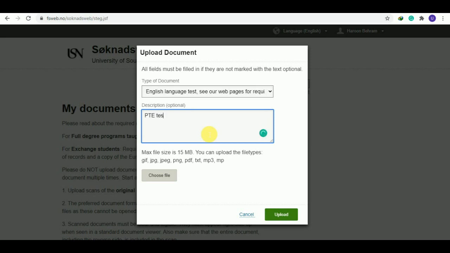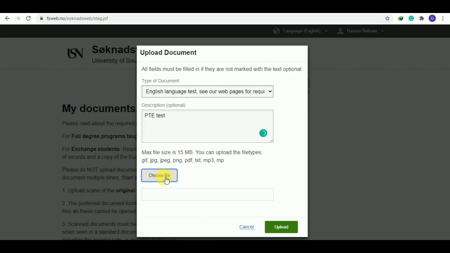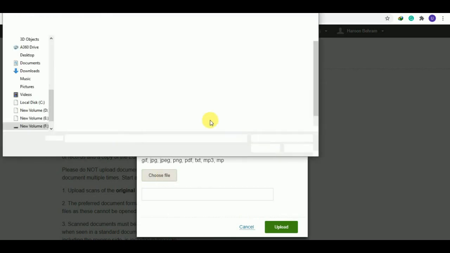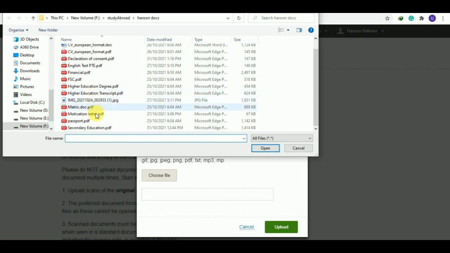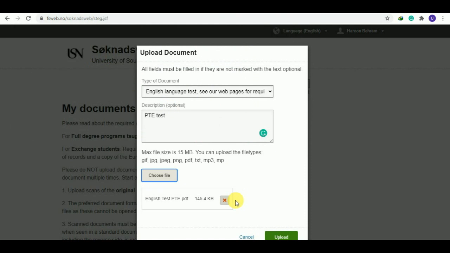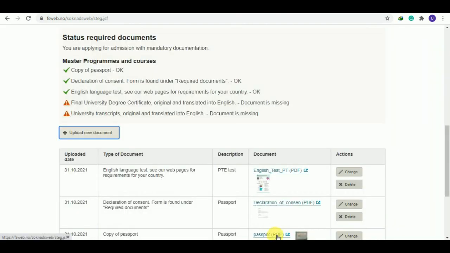Okay, and choose file. It is in PDF file, and after selecting the file you have to click on upload, and now a green tick is marked on this document section, and it is written okay.